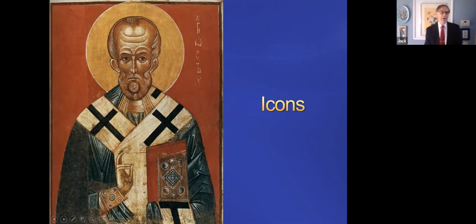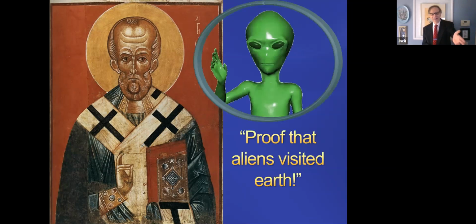Now, what's interesting about this is in the 50s and 60s, there were what were called UFO cults that got very, very popular. And people were looking for aliens coming down to Earth, and our ancestors, you know, they're looking at how the aliens built the pyramids and all this other kind of stuff. There were a lot of people spreading rumors that these pictures of the icons were actually pictures and proof that ancient aliens visited the earth, right? And that's why the icons look that way. But no, it's not the case at all. It's those different iconography reasons that I just gave you.